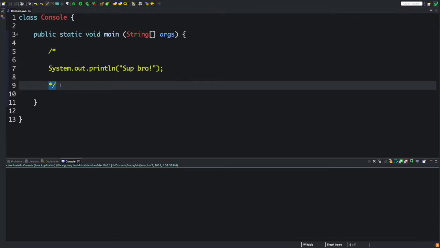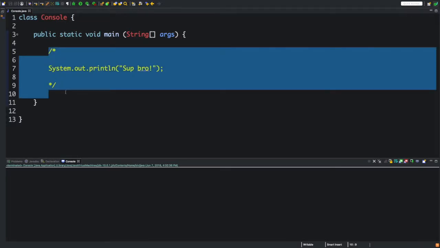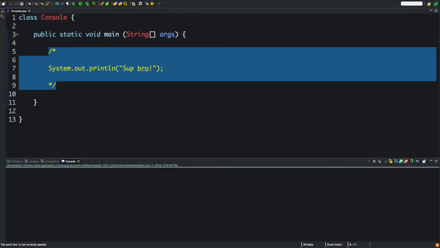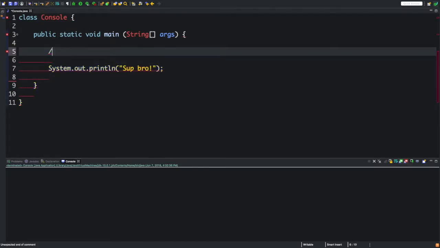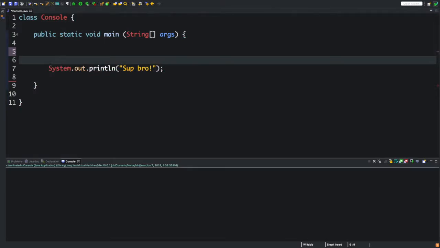What are comments used for? Used simply to look at and to understand code. They're used for many, many things, but pretty much it makes a section of the code invisible to the computer. But it's a good practice to always use comments in your code so you can understand what the code is doing, like